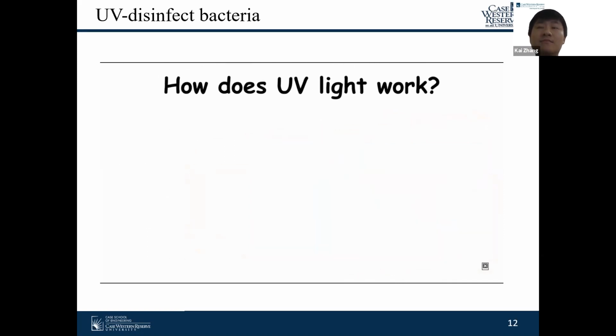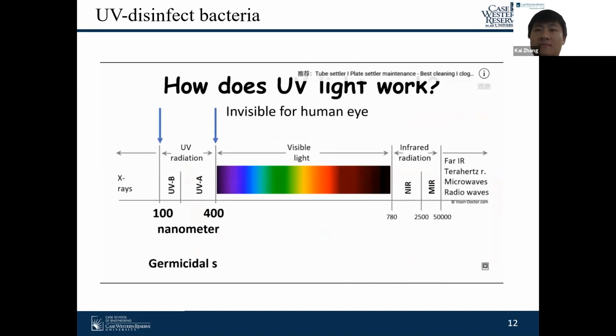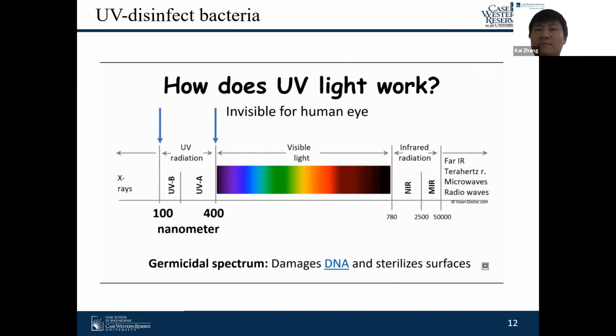Ultraviolet UV light is emitted by our sun. However, it's invisible for the human eye. On the electromagnetic spectrum, it's positioned between X-rays and visible light, with wavelengths between 100 and 400 nanometers. This spectrum is categorized as germicidal, meaning it damages DNA and sterilizes surfaces with which it comes into contact. For humans, suntan and sunburn are familiar effects of exposure of the skin to UV light, along with an increased